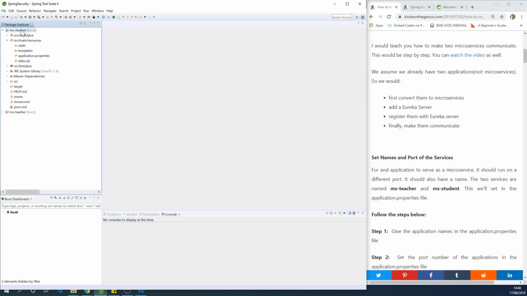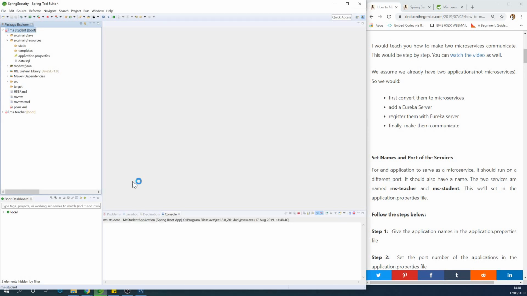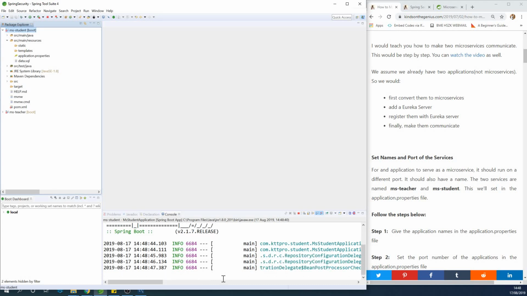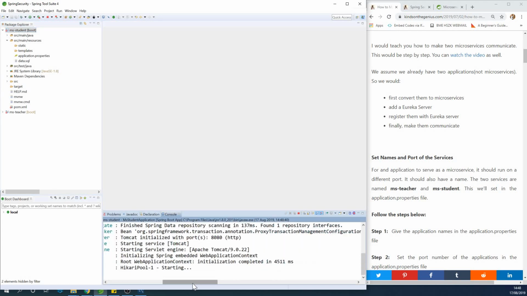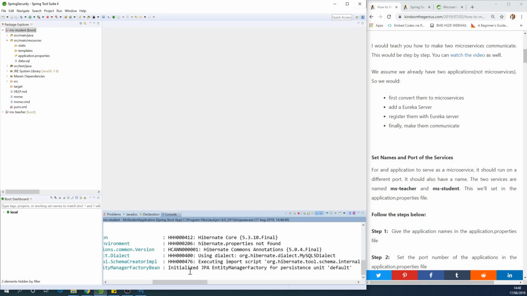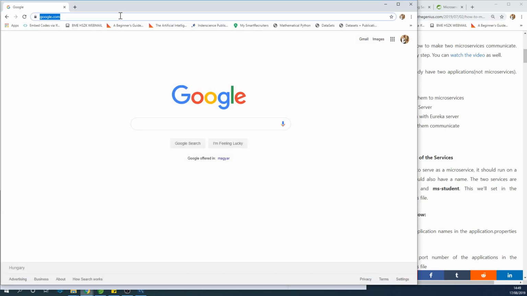So at this point, if I run the students microservice, I'm going to show you that it gives us a list of students. So let me just click on run at this point. And I'm going to access it at port 8080/student-app/students. Okay, so everything starts up. As you can see in the console, it tells us Tomcat started at port 8080, as you can see right here. So if I go to the browser and I go to port 8080,